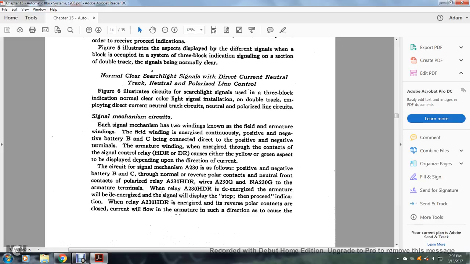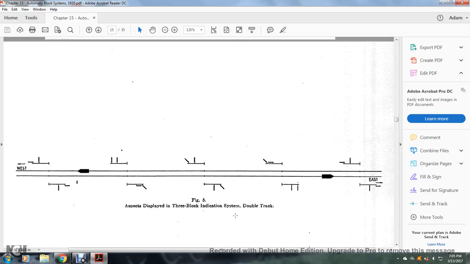The circuit of the signal mechanism A230 is fed with the positive and negative battery B and C through the normal and reverse polar contacts, and the neutral contacts of the polarized relay A230 HDR, with wires A230G and NA230G to the armature terminals. With relay A230 HDR de-energized, the signal will display the stop indication. With the preceding indication relay A230 HDR energized and the reverse polar contacts closed, the current will flow through the armature in such a direction as to cause